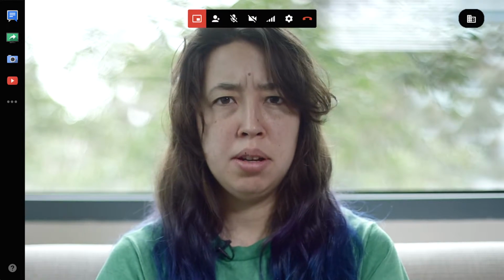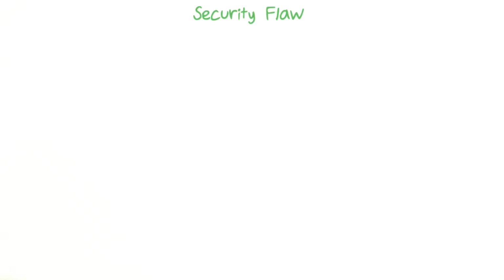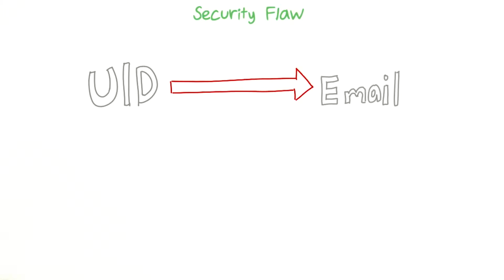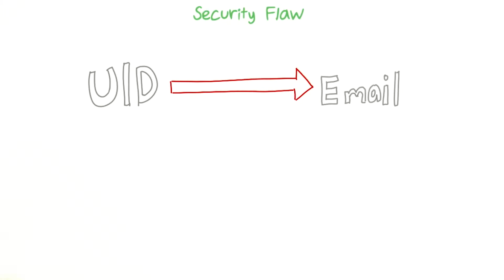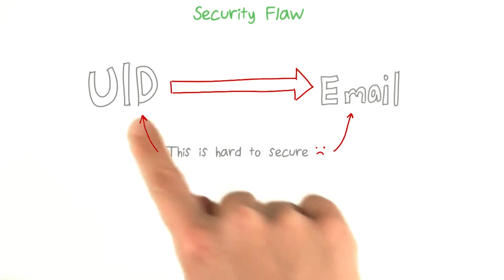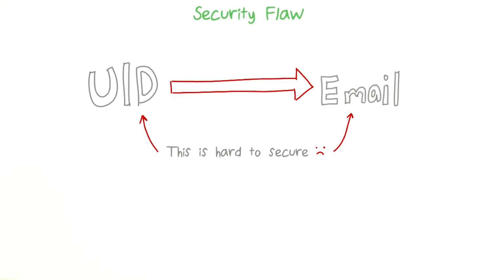What's the problem? Here, I'll walk you through it. Our decision to use email as the key for the user is causing a lot of issues. This boils down to the fact that the only secure and verified method for knowing who a person is in the security rules is using the auth.uid. You don't automatically have any sort of email associated with the account. And this is, of course, why we made our mapping node from UID to email. Unfortunately, this connection here is a very hard thing to secure.